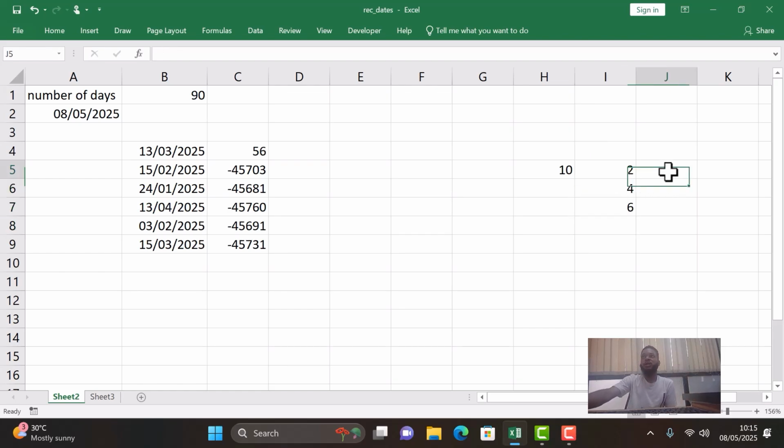Let's say what I'm doing here, I want to do equal to this one, this 10, plus this number here. So H5, which is 10, plus I5, which is 2. If I click enter, I have 12. 10 plus 2 is what? 12. Now if I toggle this down,